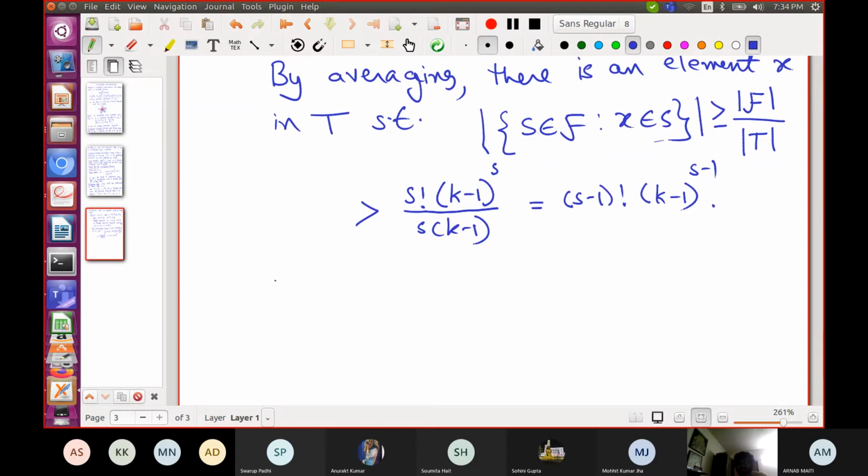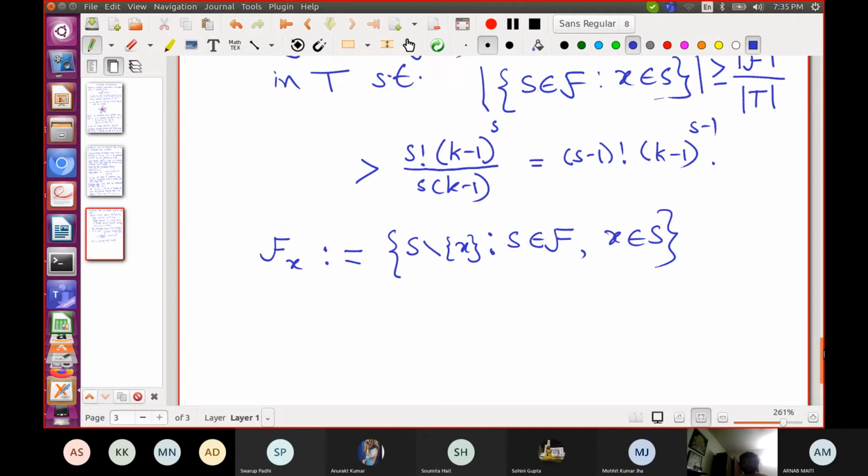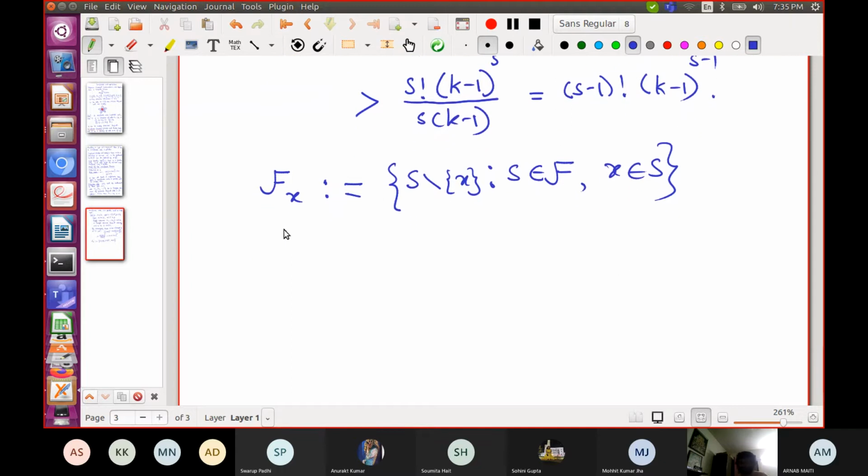Let's call that collection F sub X. So you take all the sets in the family that contain X, and then take X out of all of them.